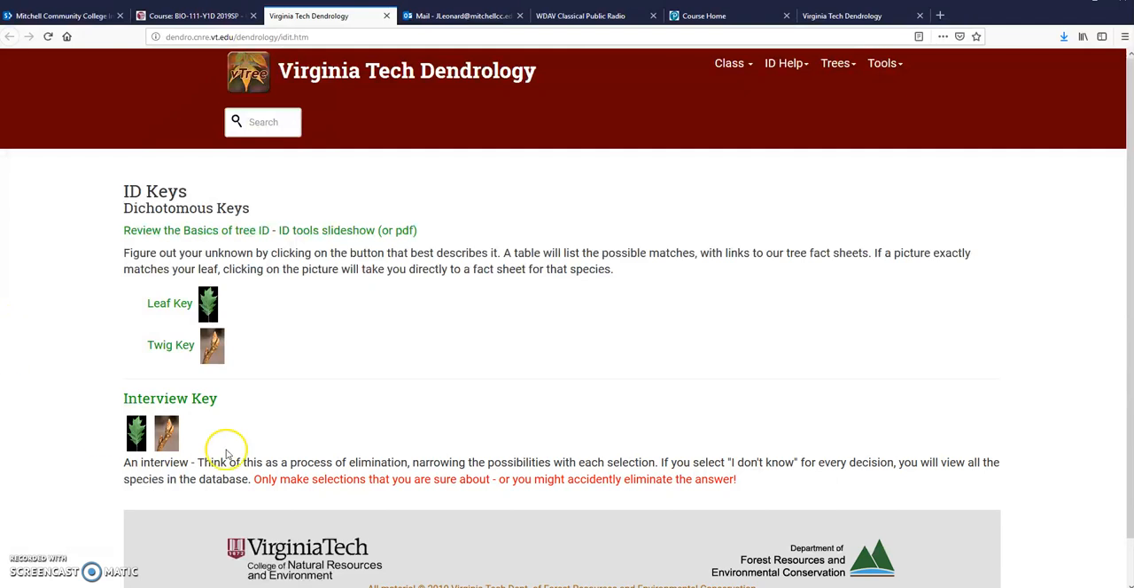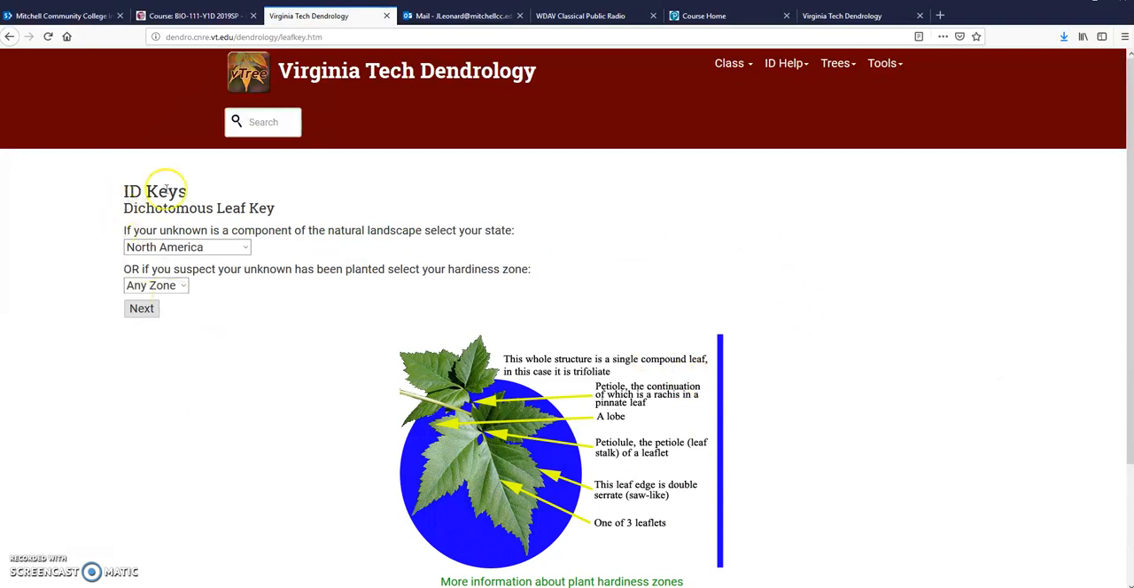And you can review the basics of tree ID here, which would be helpful for you. Let's start here though. But otherwise, if you have a leaf with you, you can do the leaf key. Okay, so if you're